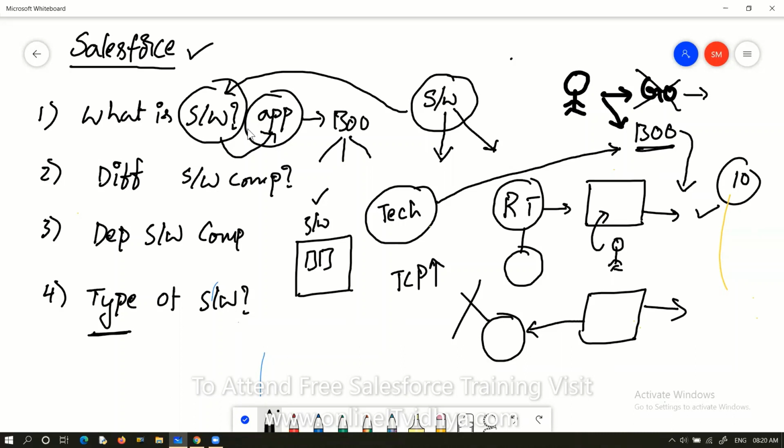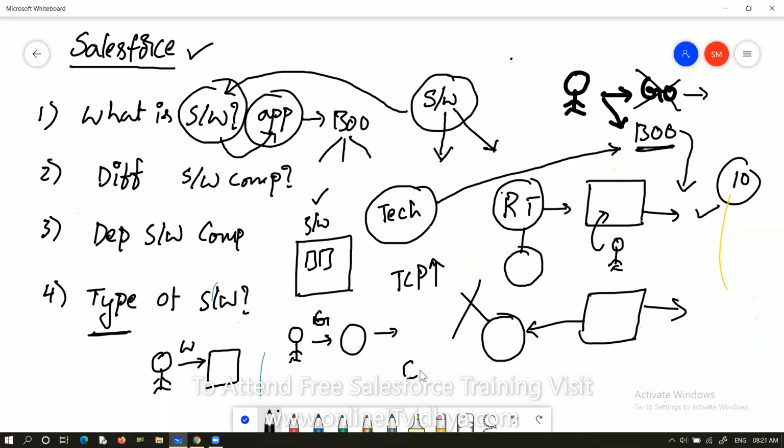Otherwise you won't. The reason is simple. I will tell you one simple point. There is a goldsmith. He wants to design an ornament. For that, what is required? Gold. Only with the help of gold, he is going to design this. And there is a carpenter. He wants to design a table. For that, he is going to use some raw material, that is wood. The goldsmith uses gold as the raw material. The carpenter uses wood as the raw material to design their own items.